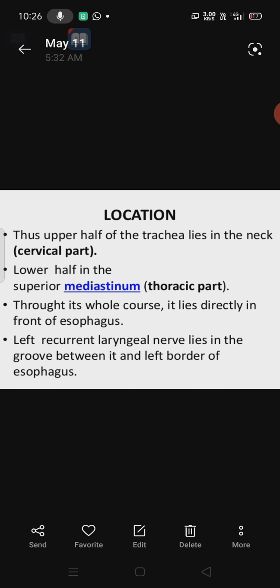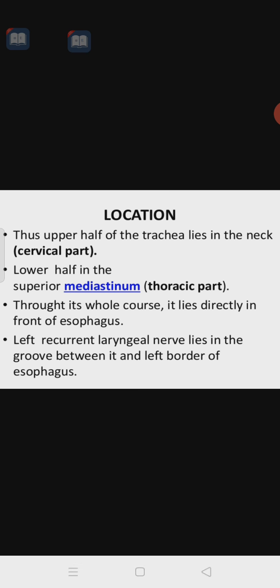As for the tracheal location, the upper half of the trachea lies in the neck region, which we call the cervical part. In that region, the upper half of the trachea lies in the neck region,